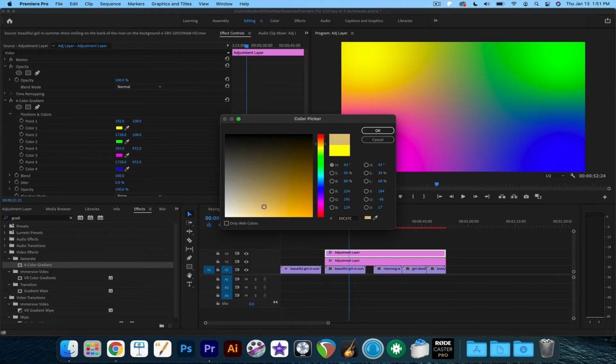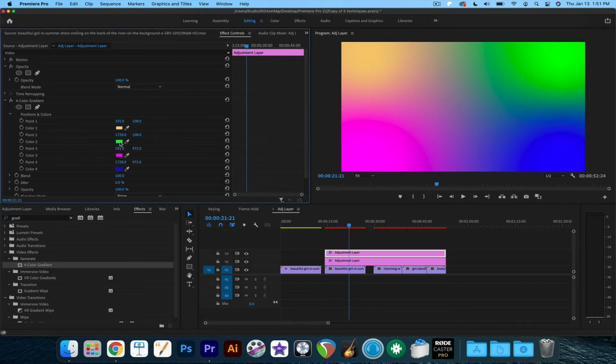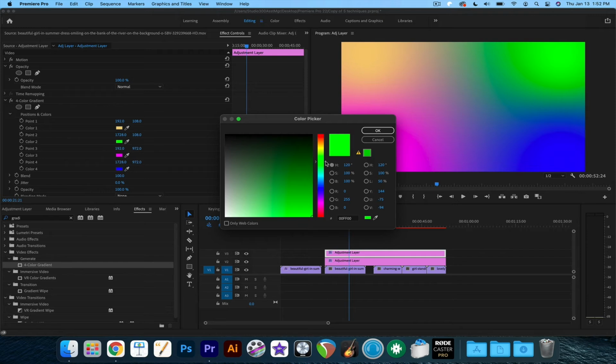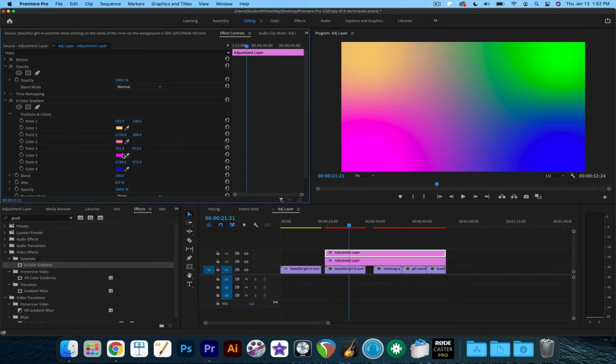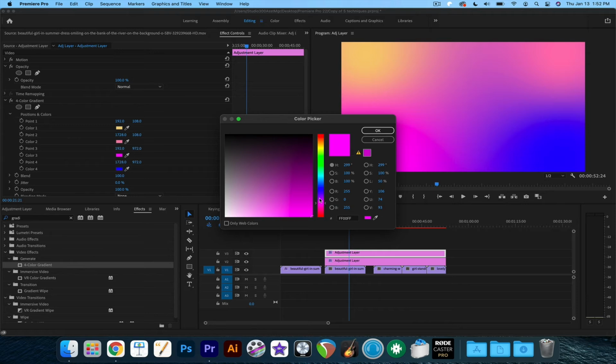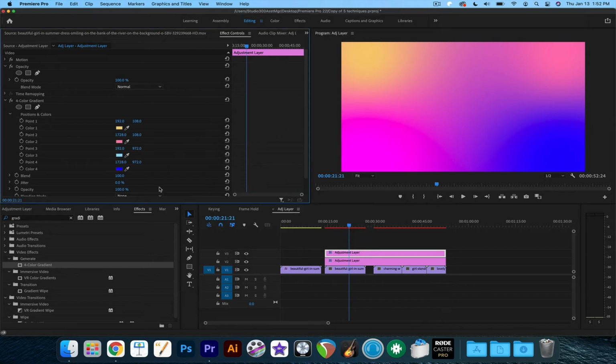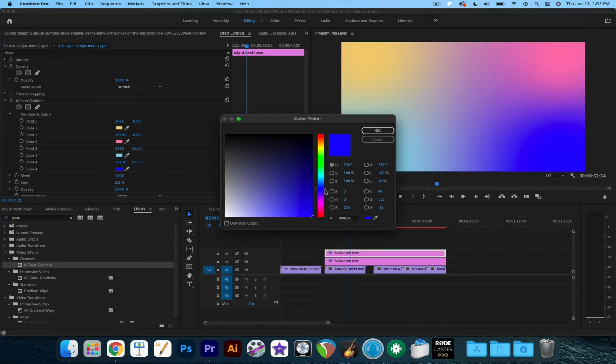Maybe, you know, our palette is very pastel-y, so something like that. And then there wasn't a lot of green, so I think I'm going to switch this to a red or a pink. And then this fuchsia, let's go with something in this range. And then this intense one,